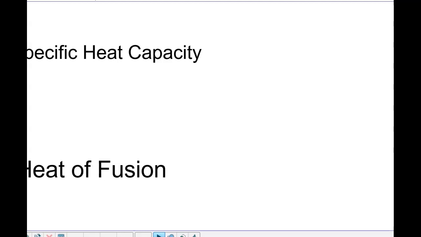So you're going to write this down with me. So capacity tells us how much heat something can hold, its ability to hold on to heat. So specific means that each material will have a different amount, and the specific heat capacity is defined as the